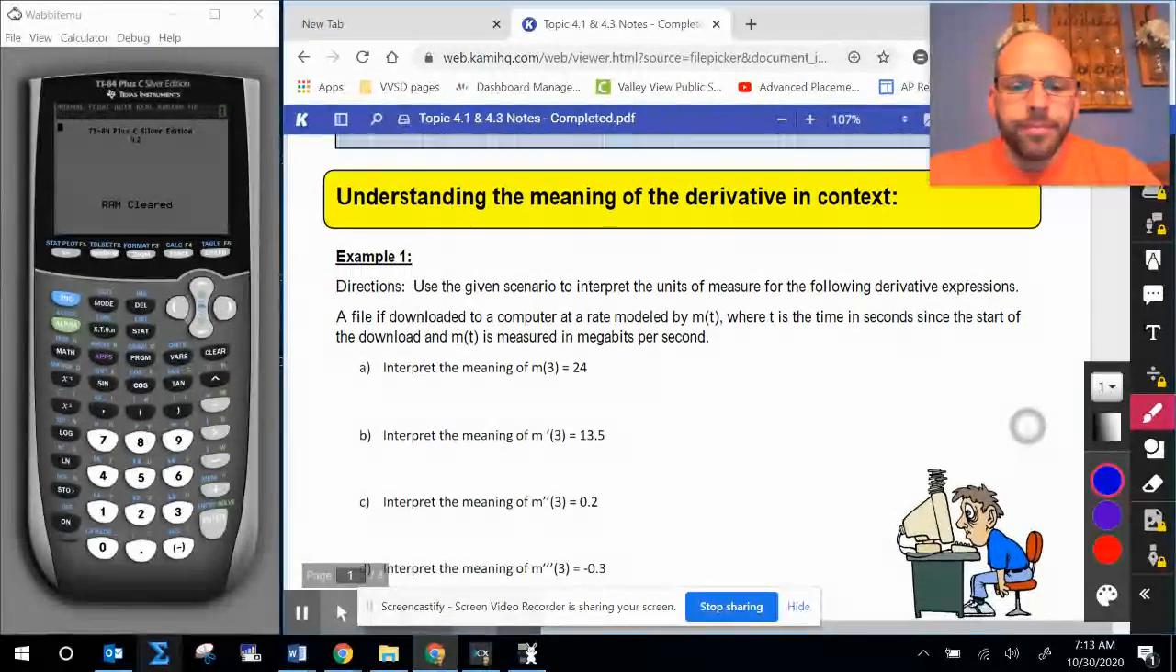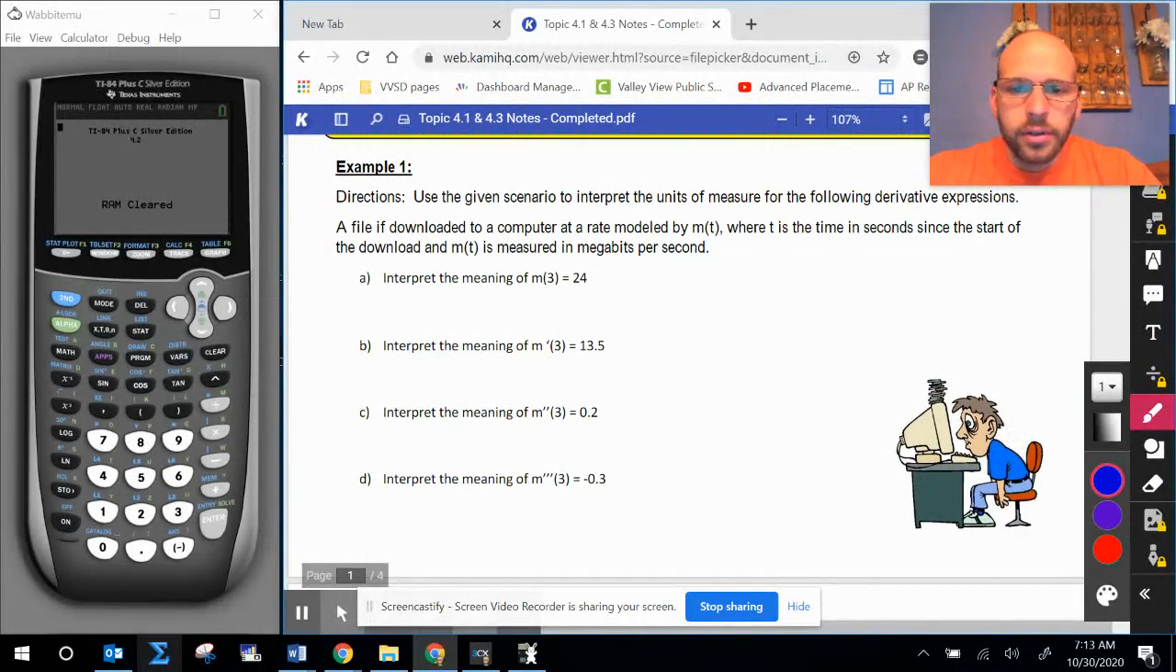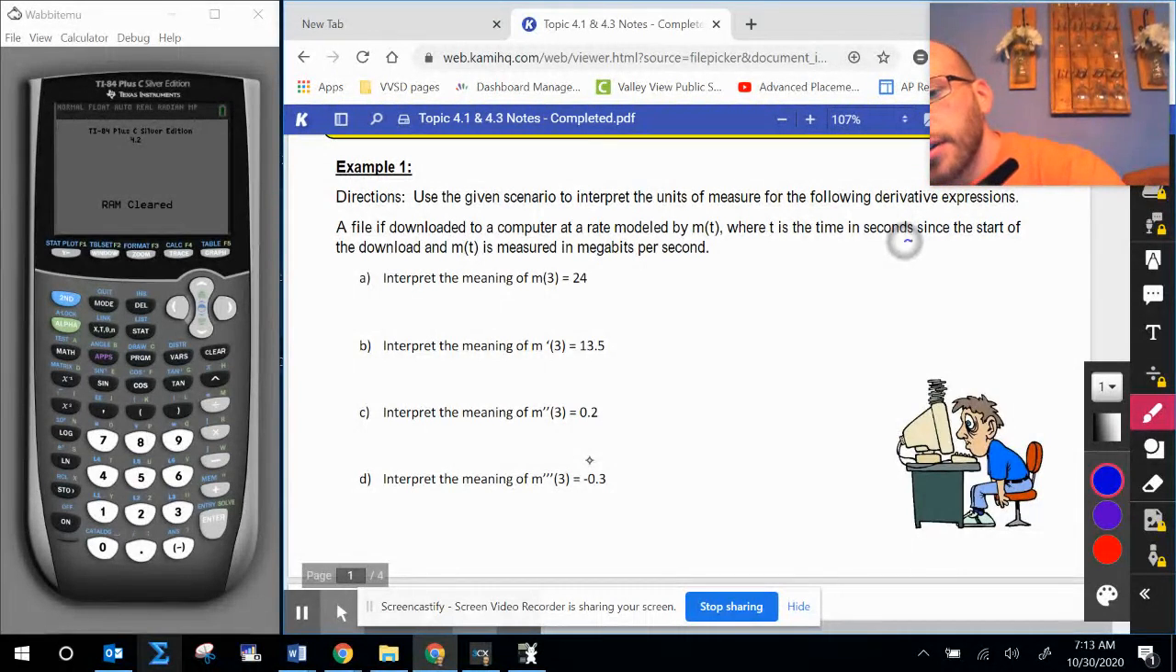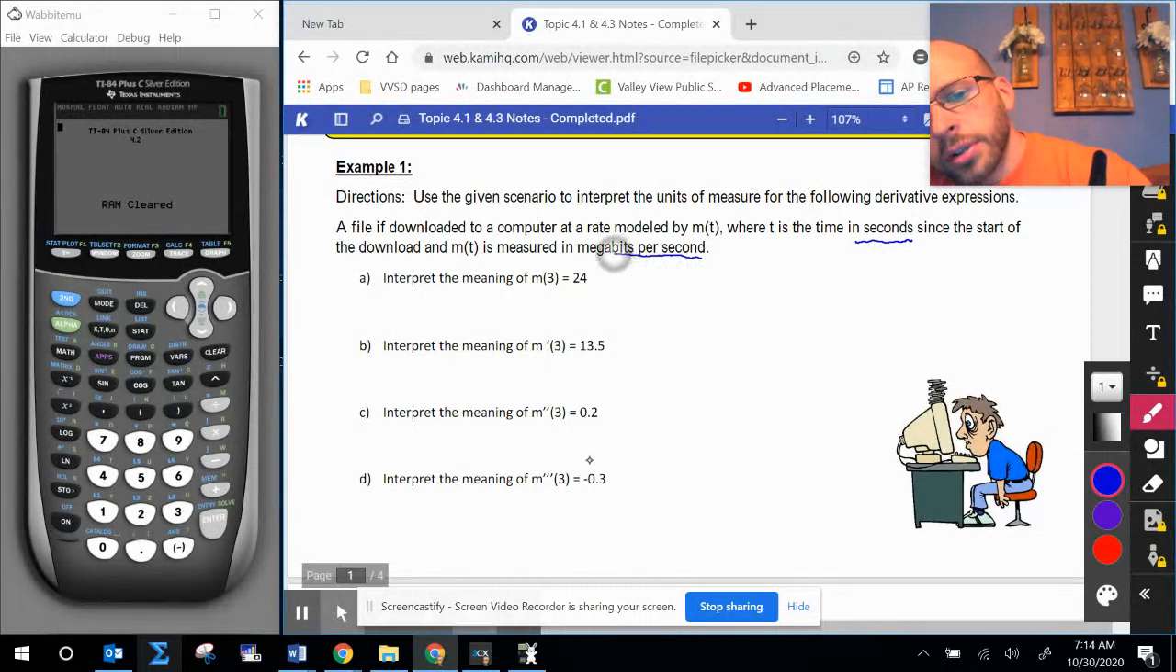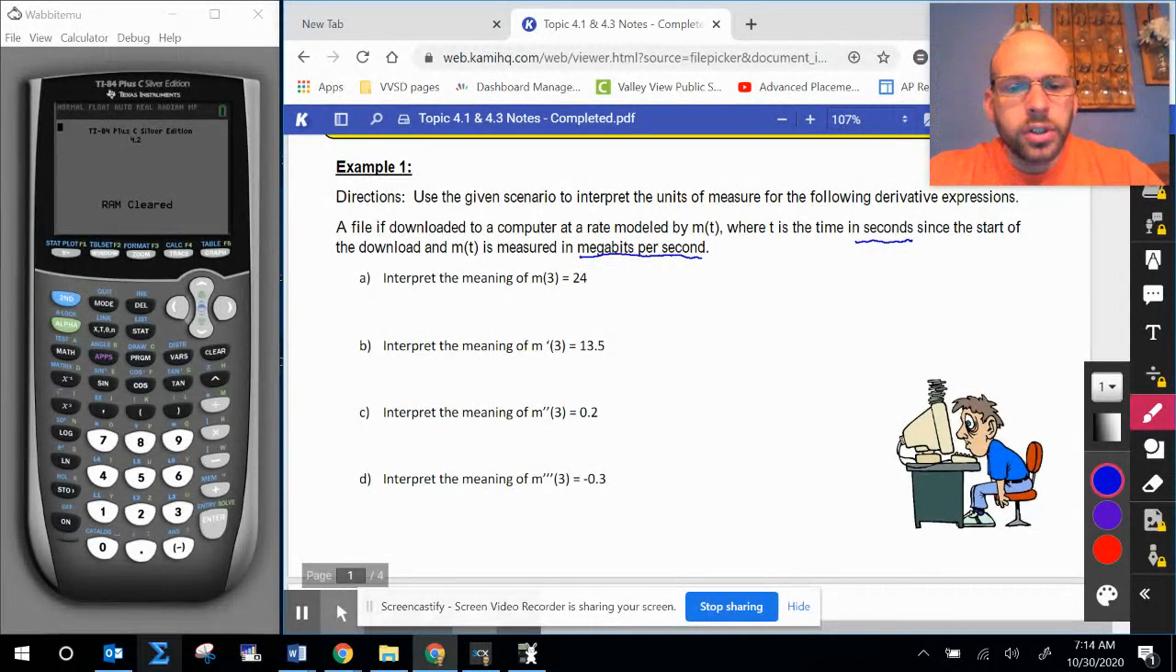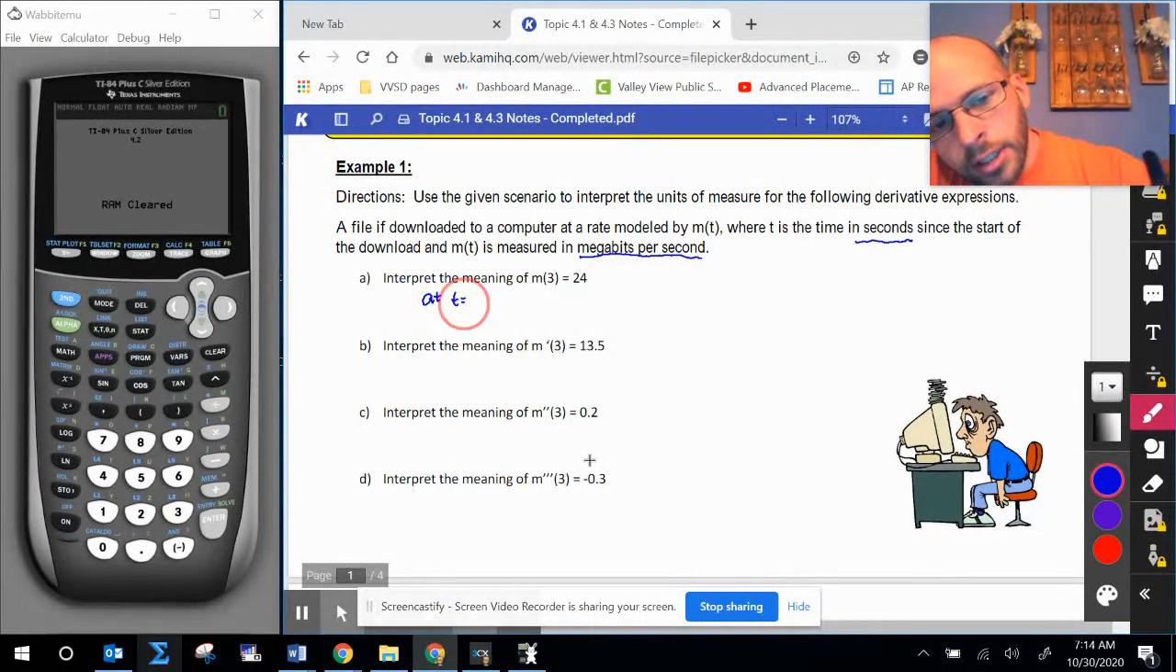Now, I give you a scenario for example 1, and I want to understand some meanings of notation. A file is downloaded to a computer at a rate modeled by m of t, where t is measured in seconds. It's important. And m of t is measured in megabytes per second. So interpret the meaning of m of 3 equals 24. Well, I know at t equals 3 seconds,